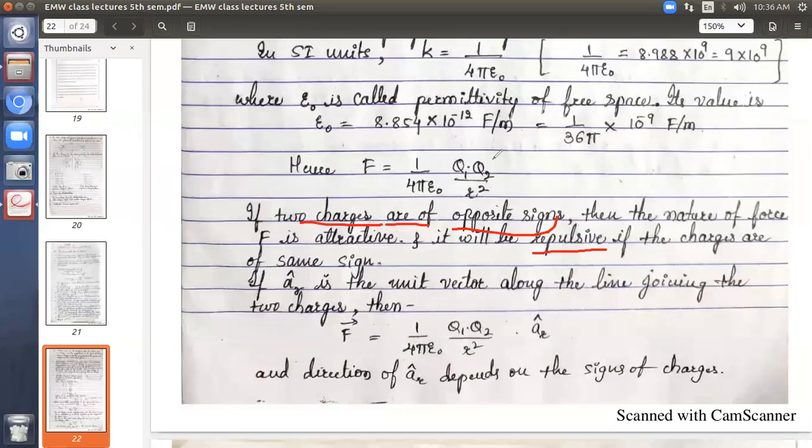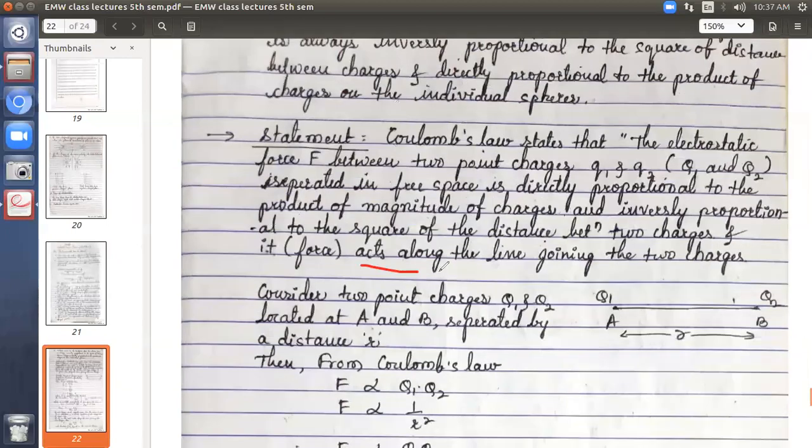The direction of this force exerted is very important. So we have to consider the unit vector in order to get the direction of this force acting. If we take a suffix r cap as the unit vector, then how does it act according to the definition? According to the statement, it acts along the line joining the two charges. Means if the line joining is this, along this only the force exists. Now it depends whether the direction is like this or like this. We will study how to take this direction.